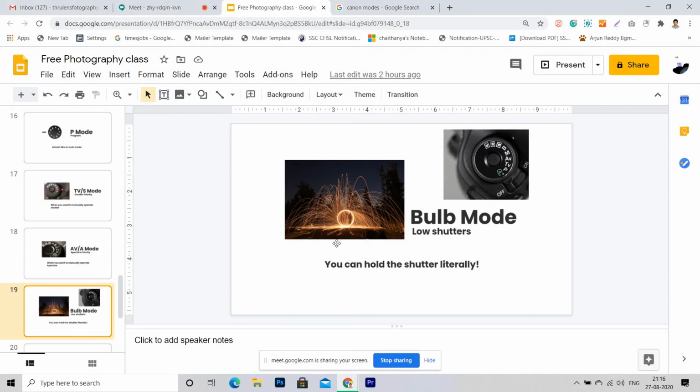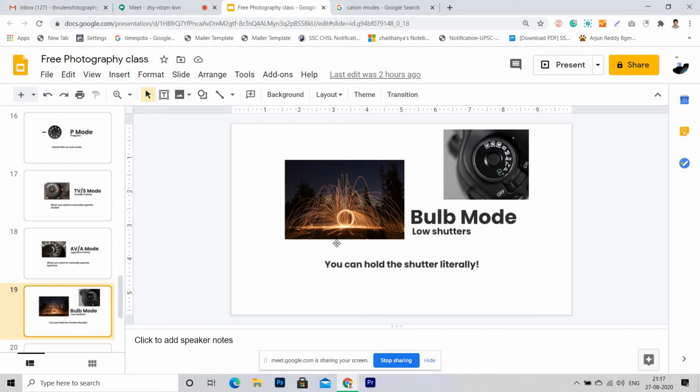So basically, low shutter modes will be useful whenever you want to do any experiment with light. If any object is moving, especially a light, use low shutter. High shutter is obviously for any moving object without light. I mean, with light also you can take, but you cannot see lights in the daytime. But in a dark situation, if you want to do some experiment with lights, bulb mode will be useful.